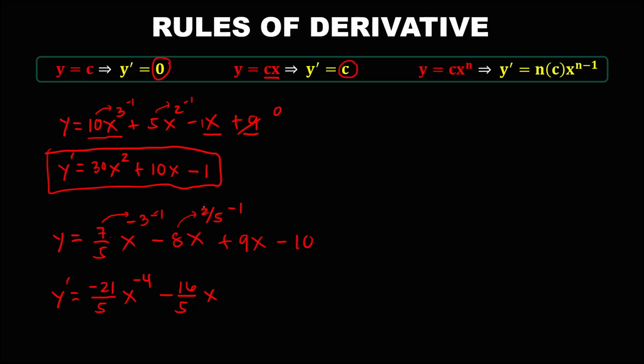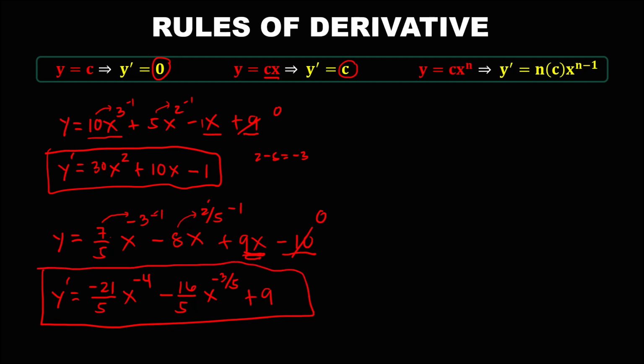So just subtract the numerator and the denominator. So we have 2 minus 5, and 2 minus 5 is negative 3. So we have negative 3, then copy the denominator 5, then plus the derivative of a constant and x, that's the constant, and the derivative of a constant is 0. So this is now the derivative.